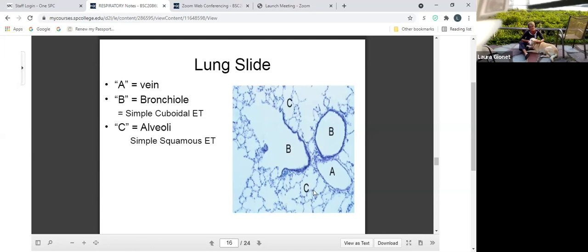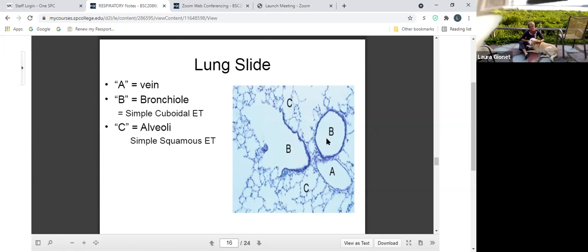What is that structure? Alveoli. What's the tissue? Simple squamous epithelium. What's the function? Gas exchange. But the other tubes up here, those you might be asked to identify. B are the bronchioles, because we don't see any hyaline cartilage, lined with simple cuboidal epithelial tissue, and where we